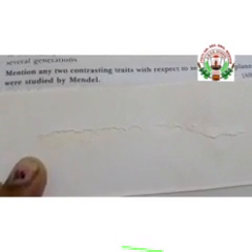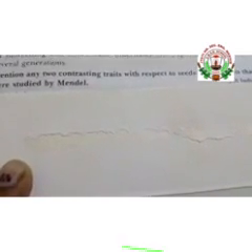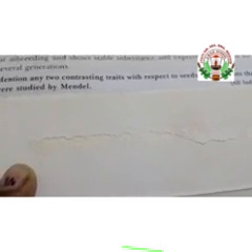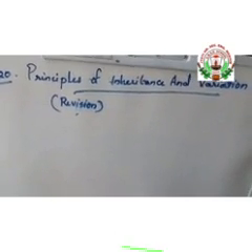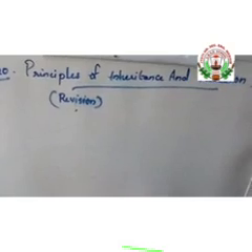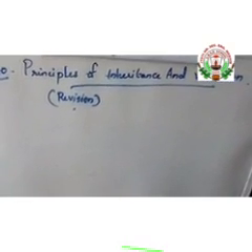From where will you get the answers? You have studied the different characters Mendel studied from the table itself. The dominant characters and recessive characters are all given in the form of a table. So from there only you will get it. The answer is seed shape and seed color. It was asked from the characters of seeds, so you have to select the characters of seeds from the table and write.